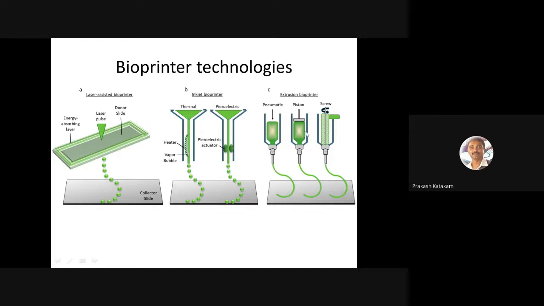The one I told you just before is the extrusion bioprinter, by using a pneumatic pressure, or physically using a motor piston, or using a screw motor. Any of these three will give the same result of releasing a thin stream of, it's not like a wire, but a thin stream of biological fluid or semi-solid liquid that is coming out of the syringe.